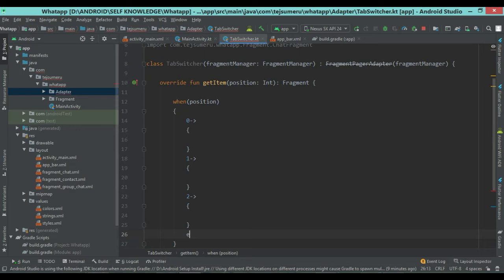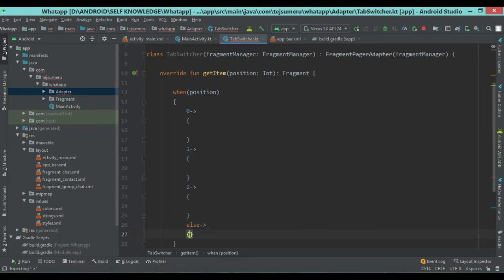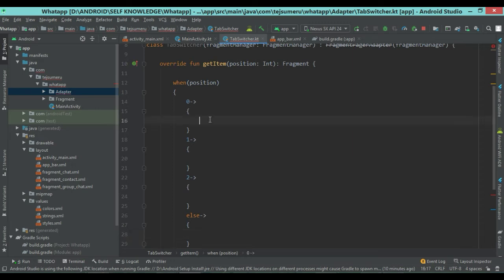And else what to do? So if it is 0, then we are returning the chat fragment. So we are creating val chatFragment equals ChatFragment and return chatFragment.